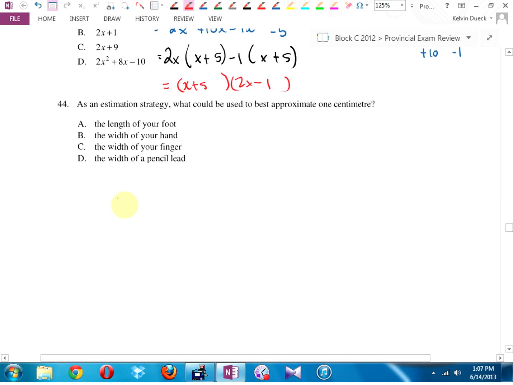Number 44, as an estimation strategy, what could be best used to approximate 1 centimeter? All of you right now, hold your hand, your thumb and your forefinger 1 centimeter apart, roughly. Okay, you all know what 1 centimeter is? Which of those is the best estimation? See? There's a fancy word for that. We call that